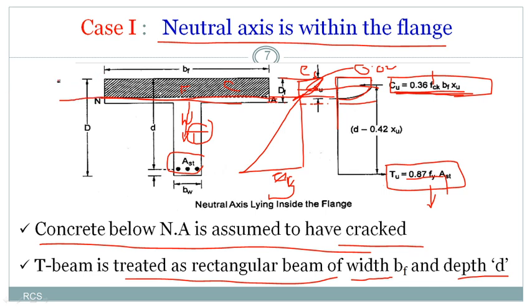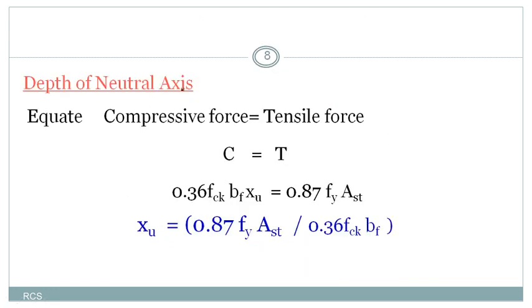So this is the neutral axis, and this is the depth from the top fiber of the section to the neutral axis. This is called the depth of neutral axis, xu. Clear? By knowing this, we can calculate the moment of resistance. This compressive force and tensile force generate the internal couple, and they are at an equal distance from each other. The distance is called Z, the lever arm. The lever arm can be calculated using this formula: d minus 0.42 xu.